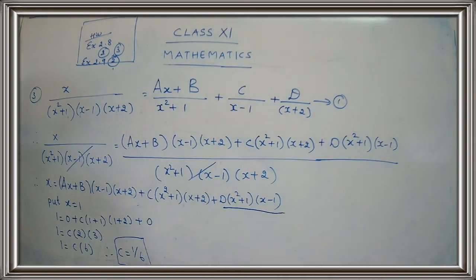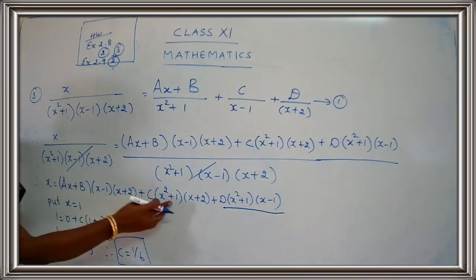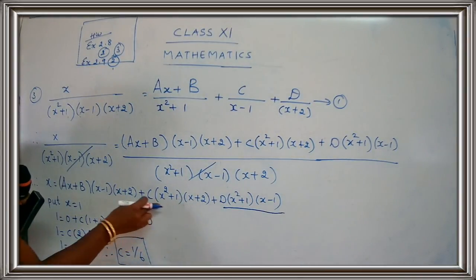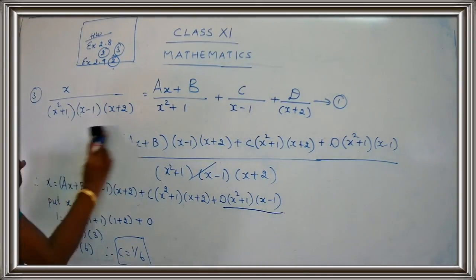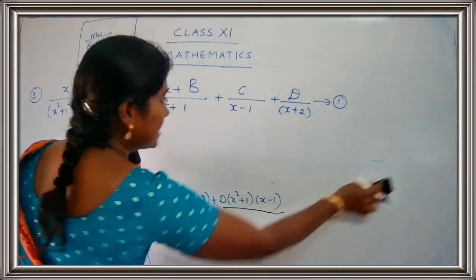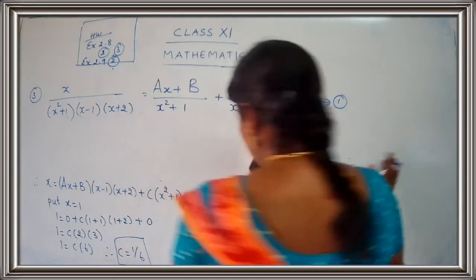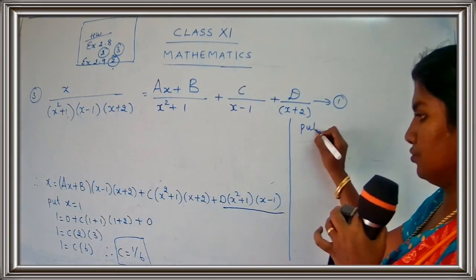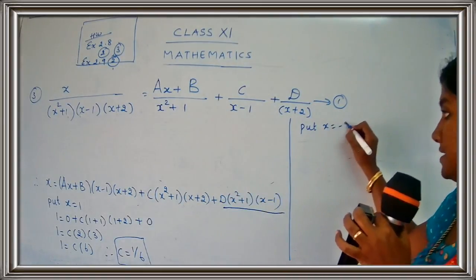What can we do now here? See, here we have plus 2, so I am going to take minus 2. If I take minus 2, what happens? This term will become 0. So only the d term will be left out. I'll just rub the second part. Don't write the first step again because I want that for the answer part. I am going to put x is equal to 2. Not 2, this is plus 2, so I have to take x is equal to minus 2. Put x is equal to minus 2.